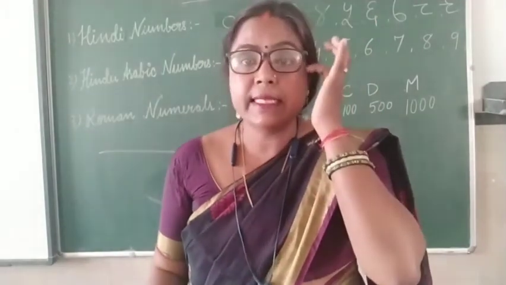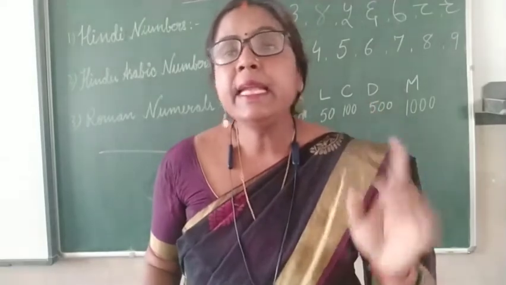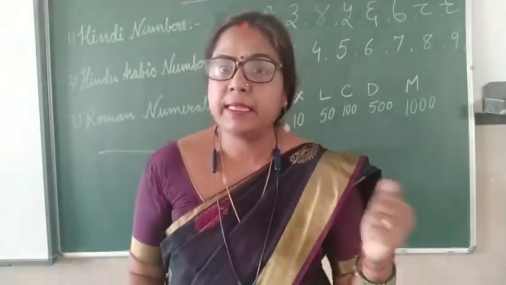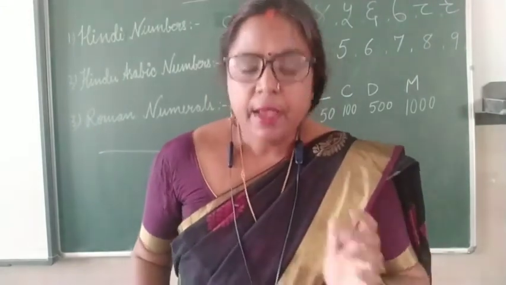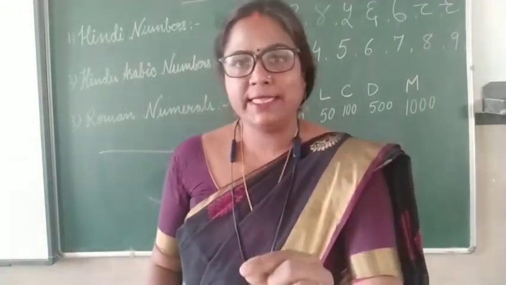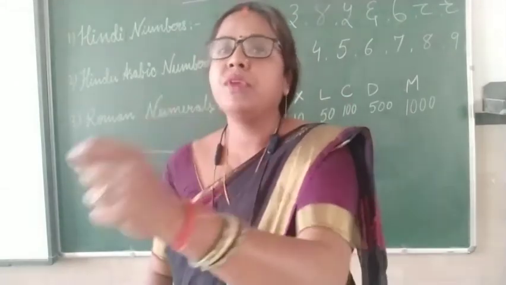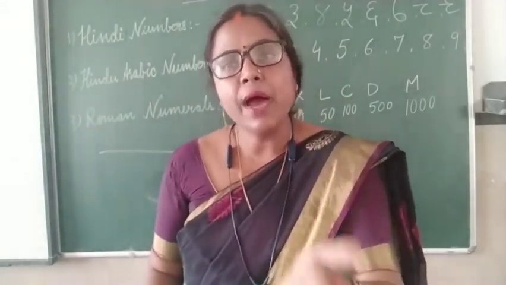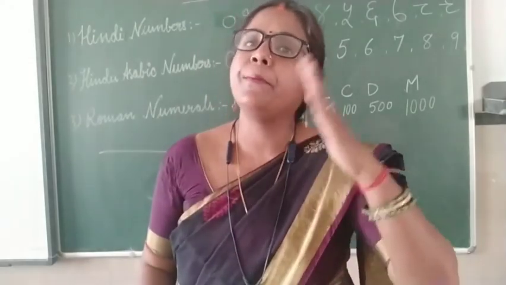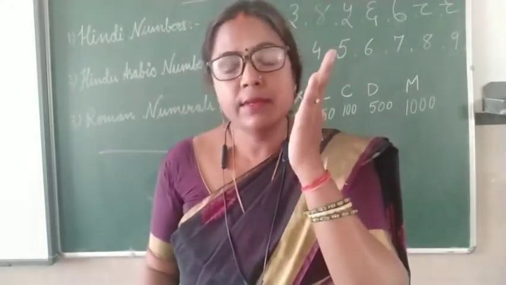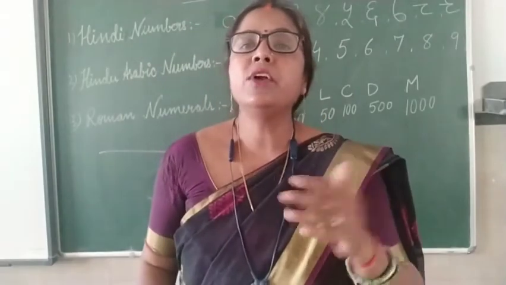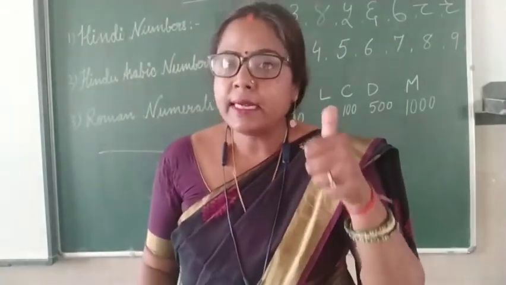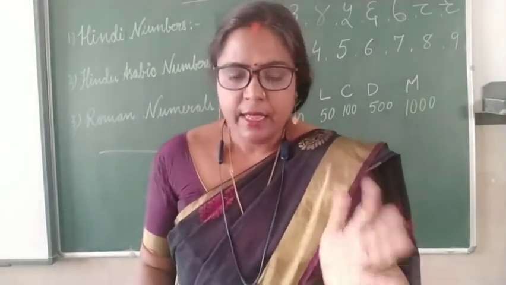Already I explained to you what is ascending order and what is descending order. You need not write the question from the book or from the question paper. In the exam, from the question paper, you will see the question, write down 1, 2, 3, 4 in the paper or book with a pencil, and then arrange in ascending order, smallest to biggest, and descending order, from the biggest to smallest. Got it? So ascending and descending, these two are there.